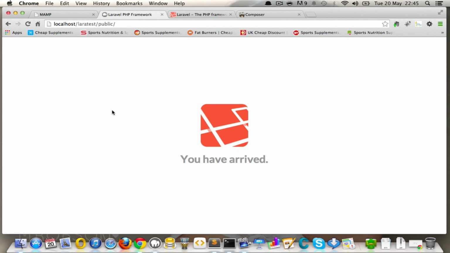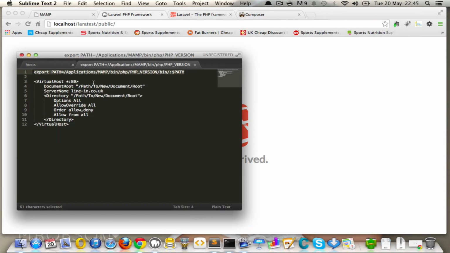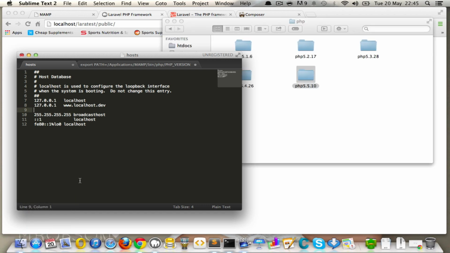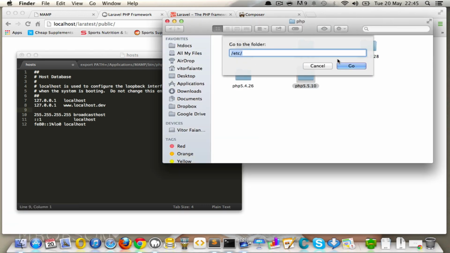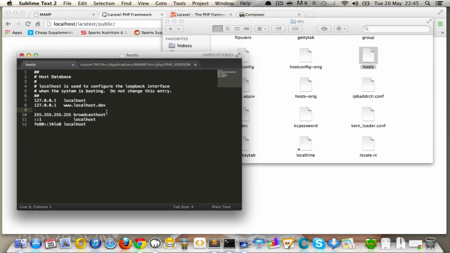Now just as a quick dirty little solution, here we have localhost/Laratest/public, it's fine, but if we wanted to do it in a much better way, which is exactly what I'm going to do, I'm going to create here on my hosts file. So your hosts file is normally found under /etc, then go into your hosts file, drag it into your text editor, and let's add again